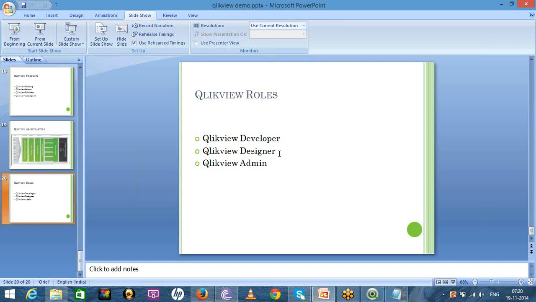Visualizations means creating bar charts, pie charts, those kinds of things. And the QlikView admin will take care of the administration part, like creating users, groups, giving access rights, implementing security at the server side. All those things will be taken care of by the QlikView admin. But in most organizations, both the QlikView developer and designer roles will be taken care of by a single person only. In this training, we will completely discuss the QlikView developer and QlikView designer roles,